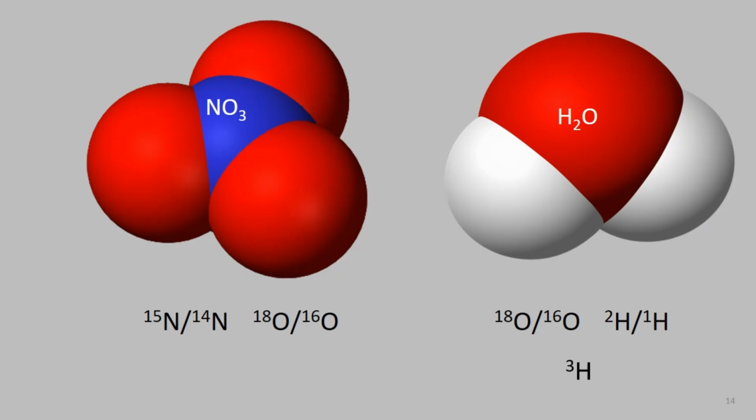So here's a nitrate radical, NO3. So there are three oxygens and one nitrogen. And what we're going to do is look at the ratio of nitrogen with an extra neutron to the regular nitrogen. And we're going to look at the oxygen regular, which is O16, to one with 2 extra neutrons. And in the water molecule, we're going to look at the same thing for the oxygen, the heavy to the light,